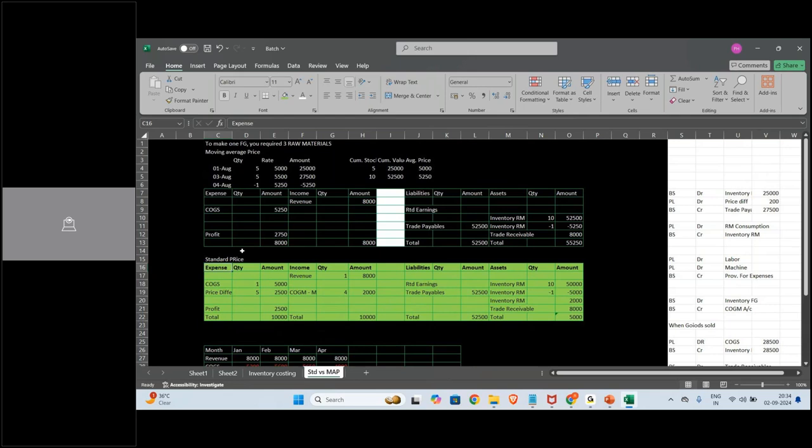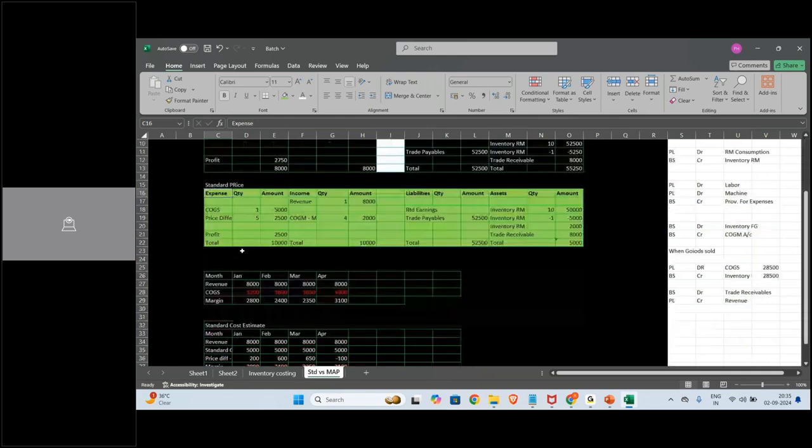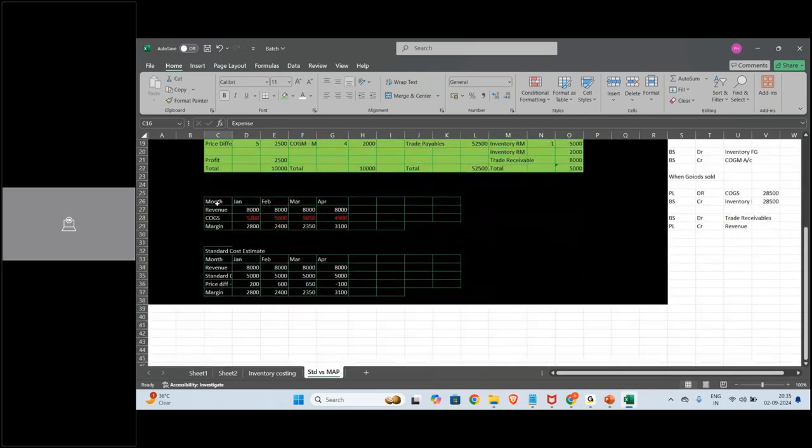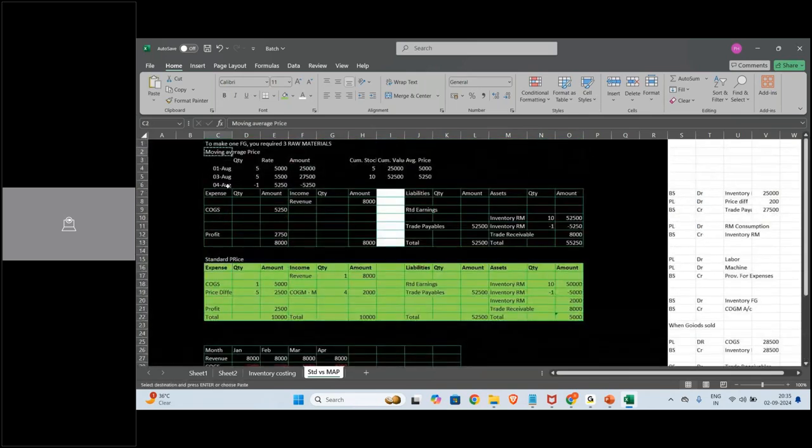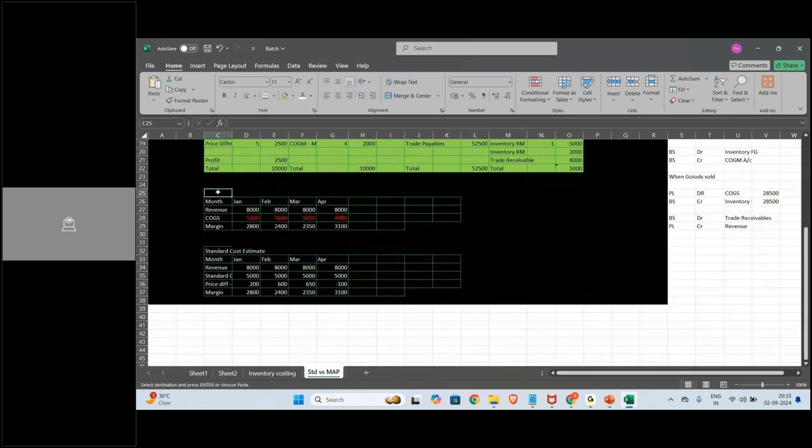So the answer to that, Harish, is that for those materials where you want to track the price variance, you will apply a standard cost estimate. See here the example, where you are getting to know the variance. This is the moving average price. Wait one second. Let me put the same color, the green color here.